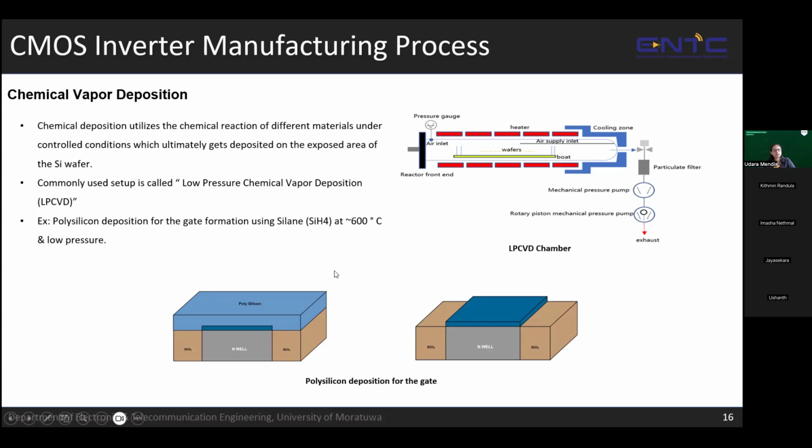So you simply introduce silane to this chamber where you have the wafers, and using a chemical reaction, it will break out into silicon and H2 gas, where H2 gas comes out and this polysilicon gets deposited on top of the wafer. And there are a lot of control conditions in this, like the temperature, pressure, and everything, which you will learn if you go more deep into this